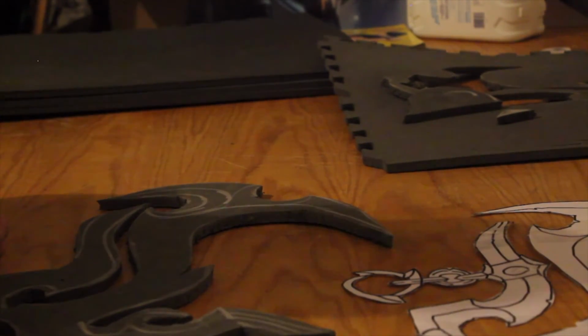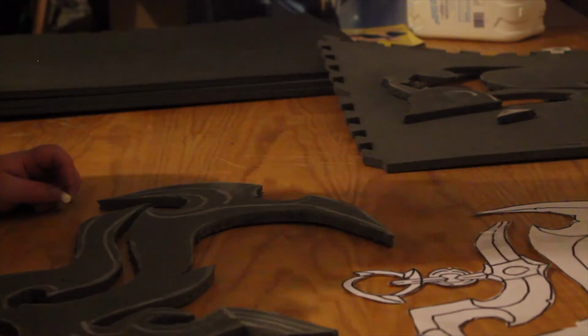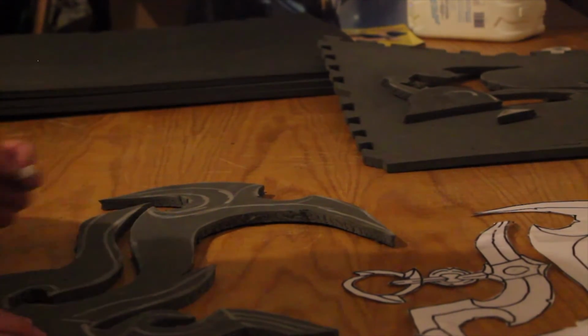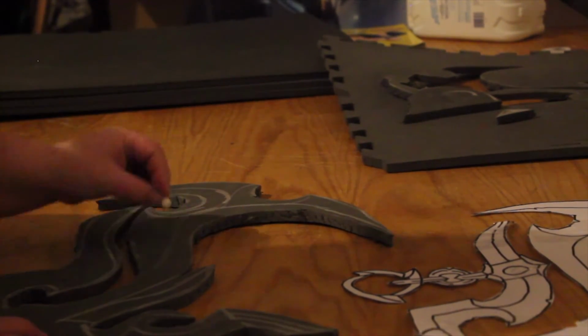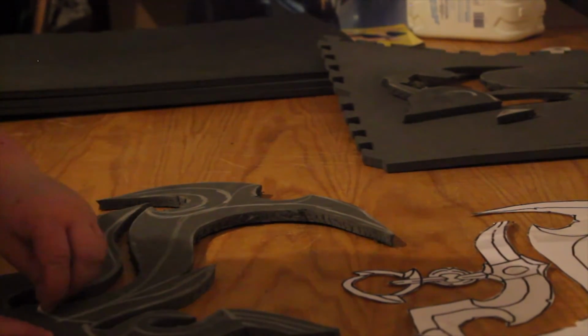But chalk is really great for this part. It's definitely one of my favorite things to use. It makes it so much easier to see where the detailing is going to be. And it makes a really great guide as well when you do any kind of sanding, or if you choose to use,